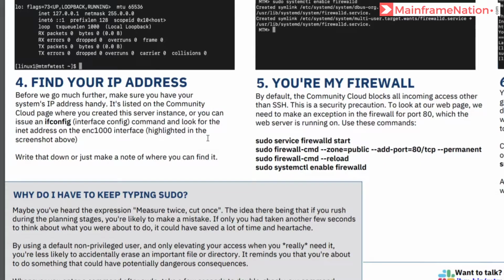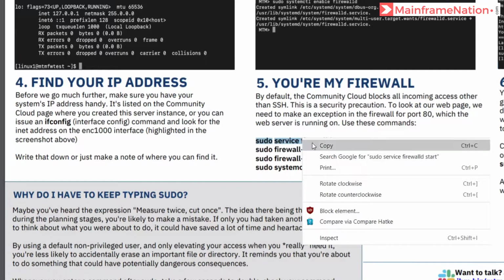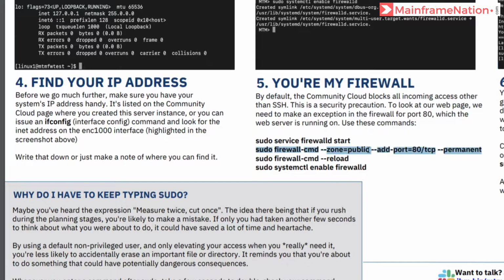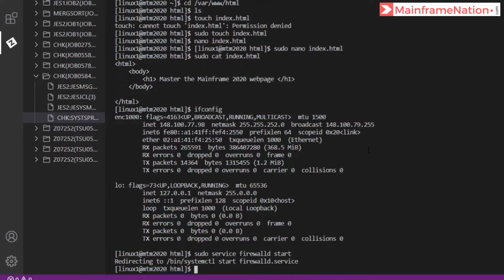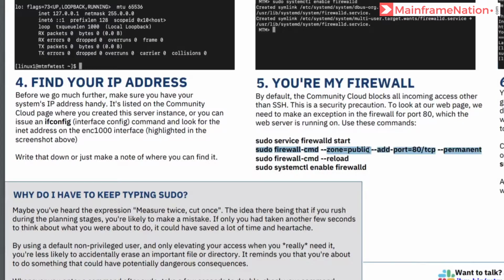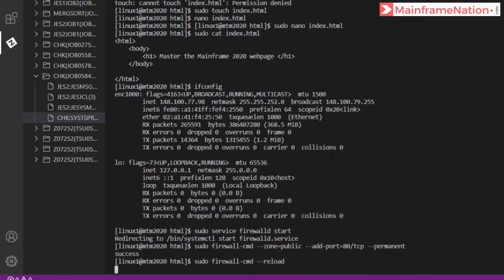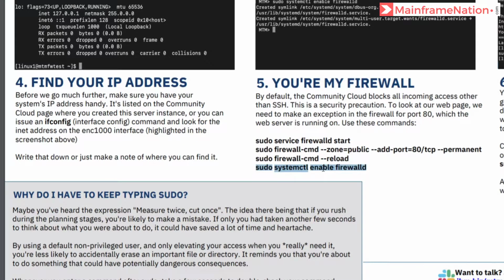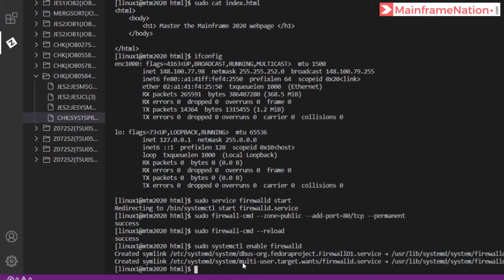Copy this. In step 5 we have to make an exception for port number 80. Our web server is running here, so that is why we have to make an exception. For that just run these commands, then run the second command, success, third, success, then the fourth one, and this one was also successful.